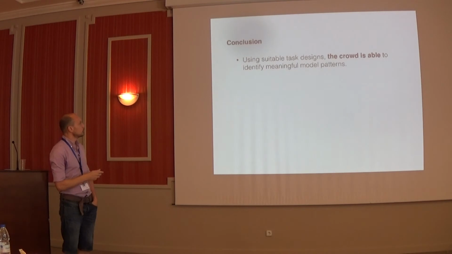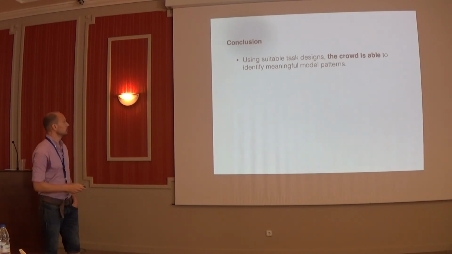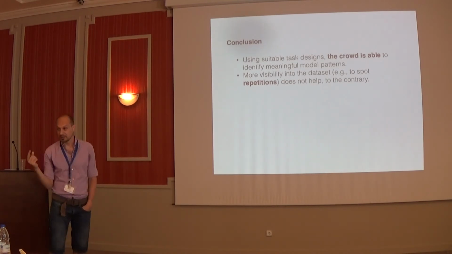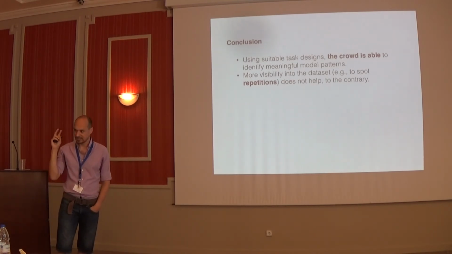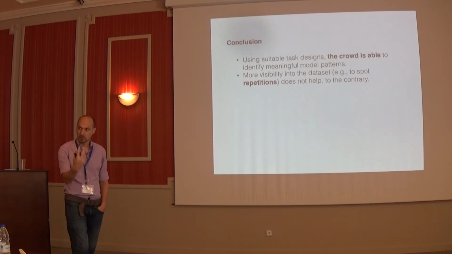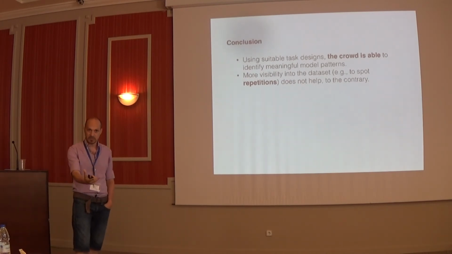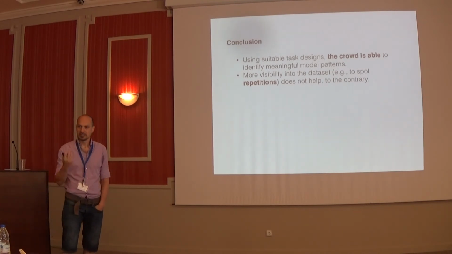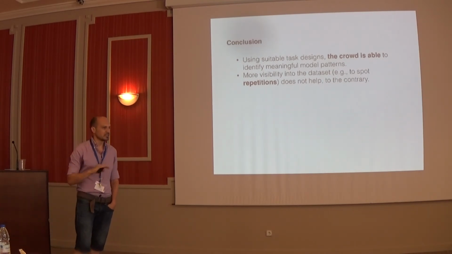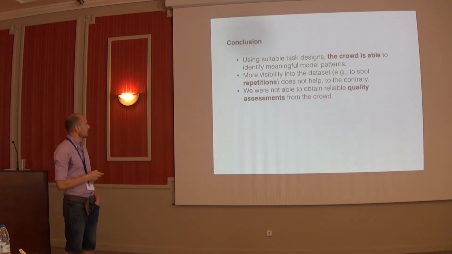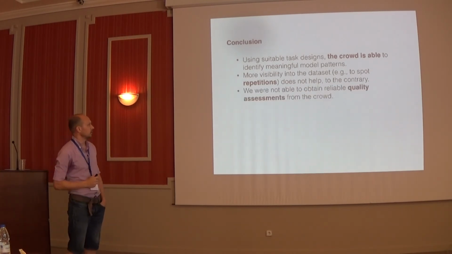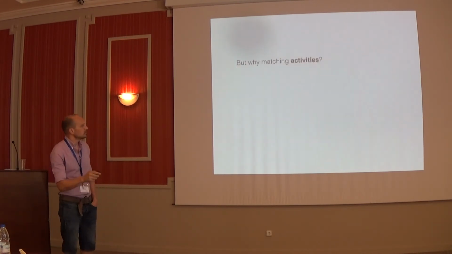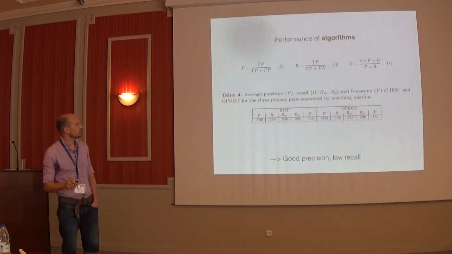Okay, so using suitable task designs, the crowd is able to identify meaningful patterns. And providing the crowd with more visibility into the data set, giving them 3 models or 10 models, does not help at all. Actually, the more we show them, the less productive they were. And finally, we were not able to obtain reliable quality assessment from the crowd. I had lots of other ideas, but I will just go to